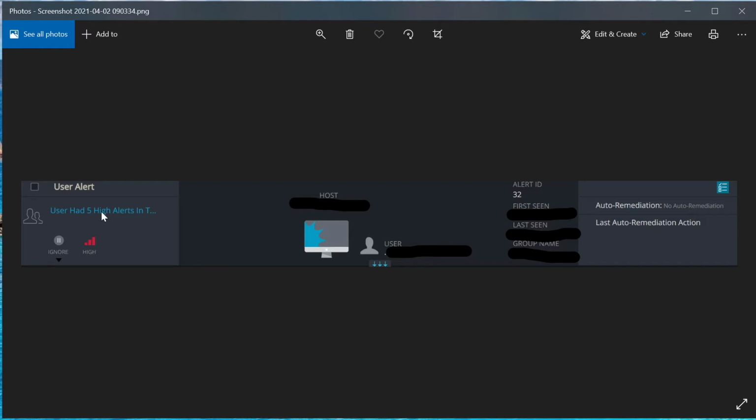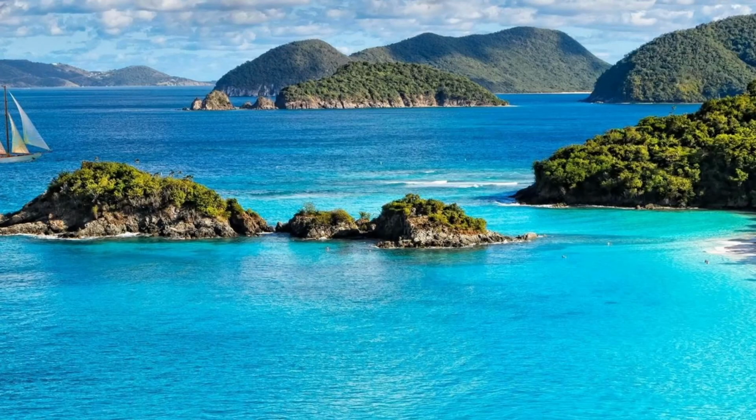So that's one of the alerts that we get. Auto remediation. If it's a hacking event, we'll actually stop it. In this case, it was just kind of an alert for us. So one of the things that triggered that